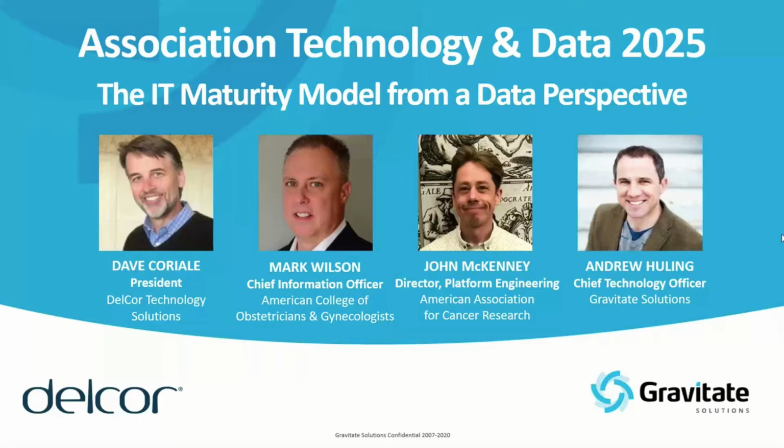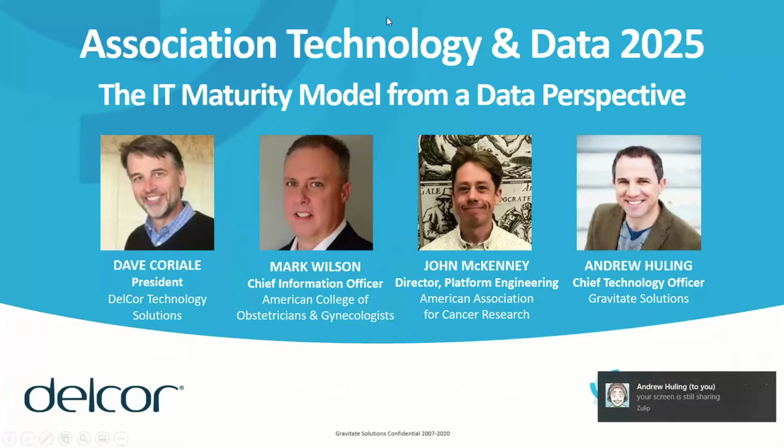So those are the 4 areas of the IT maturity model, as well as the 4 different states that each one might be in. And it's really a framework for us that we do a lot of our consulting around. And it was interesting, in 2015-16, ASA adopted it through the foundation to do a research project for the association nonprofit community about IT maturity and data and IT readiness. And it was interesting to see the researchers turned it more into a research model as opposed to a framework that's great for conversations and moving organizations along those rungs. So that's 12 years of work on this in a nutshell. Does that give enough overview?